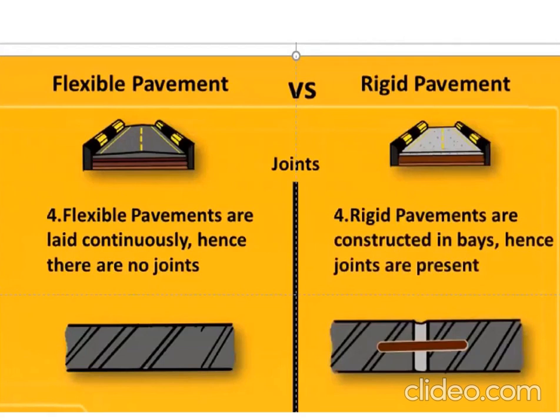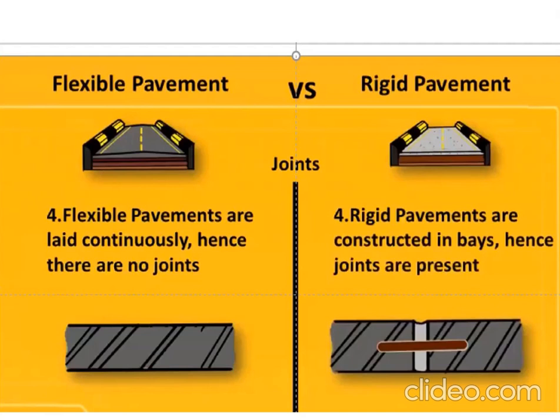And the problem with the pavement is the joints, because a joint is the weaker portion of any structure. So whenever there's a problem, you have to start locating it from the joint, whether it's the joint in the transverse direction or the joint in the adjacent lane. Because a paver is sometimes 10 feet or 12 feet, so you cannot construct a 24-foot pavement in one go. So you have a lateral joint as well, a transverse joint you can say.